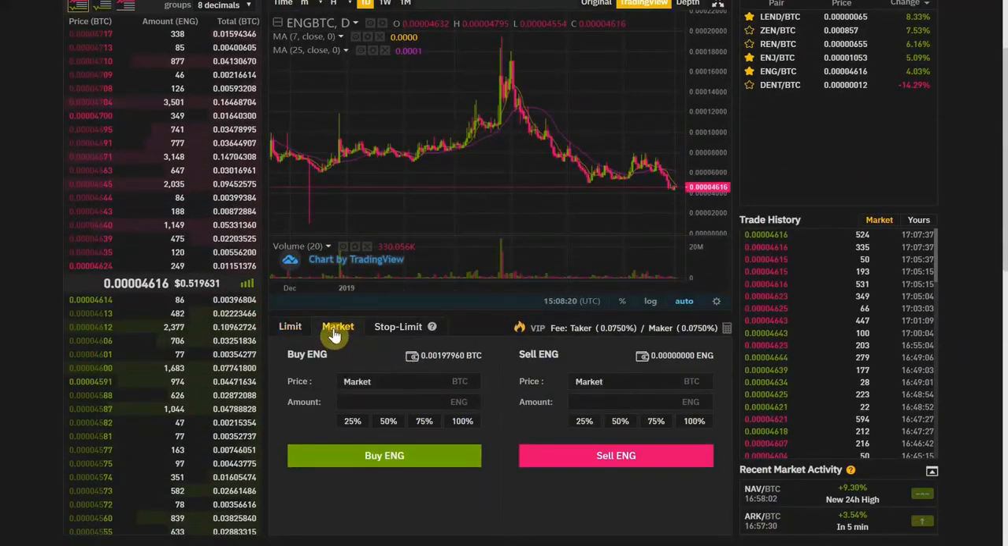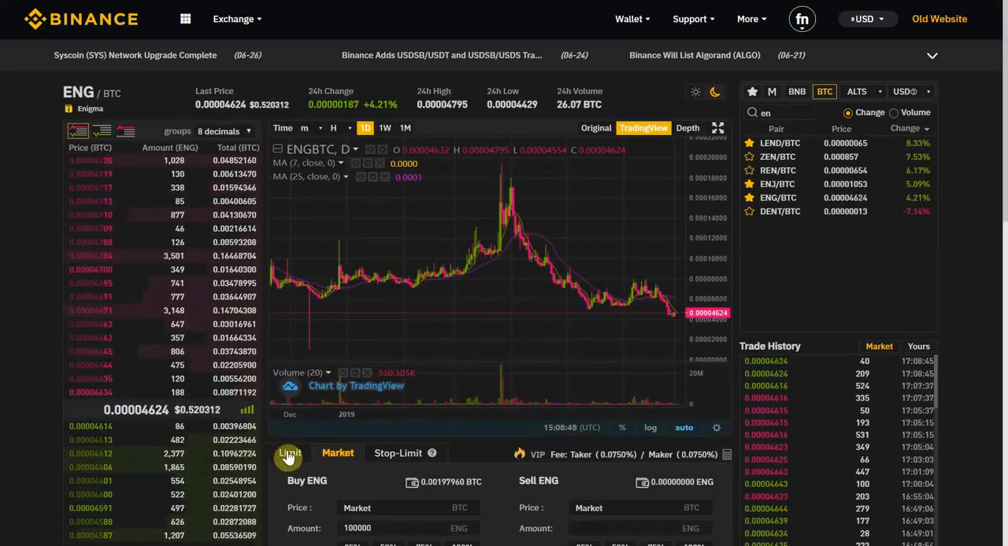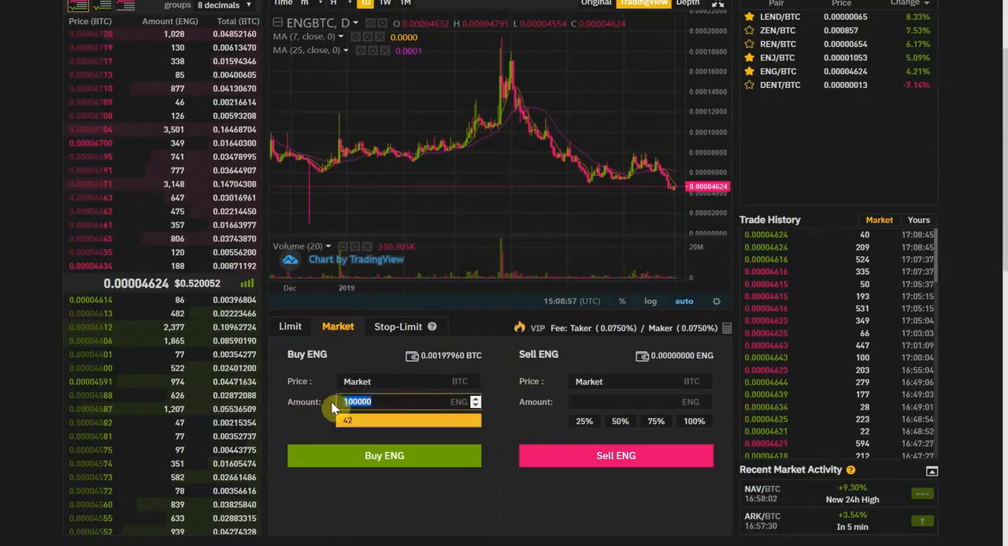So if we move to market order, what a market order does is basically you don't select the price, you just want to buy it. And let's say I wanted to buy 100k of Enigma. I don't even know how much this would be. The way this works is, of course, you have to have enough money to buy it, otherwise it won't fill 100% of your order. But if you want to go ahead and buy regardless of the market price,